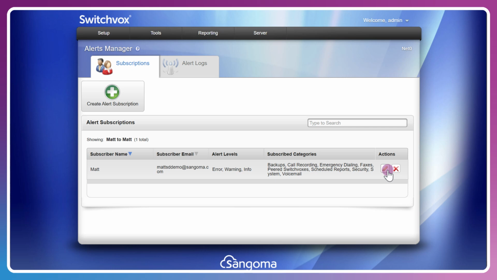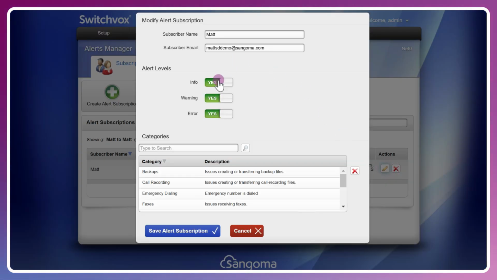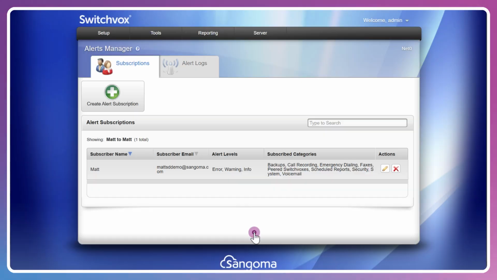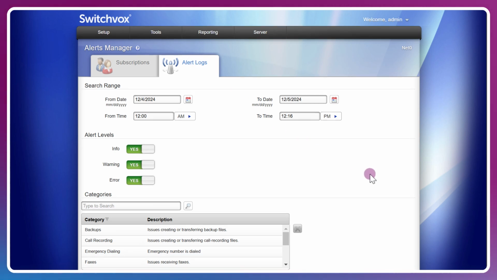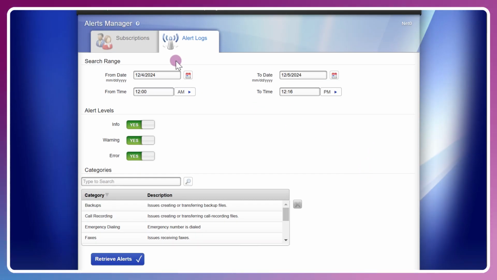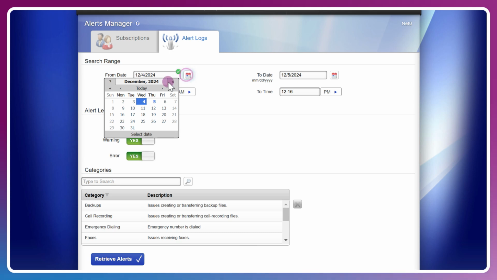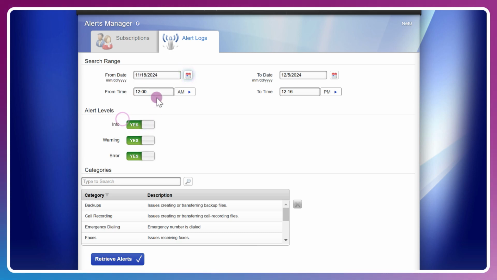So I've set up alert levels for error, warning, and info. Of course, I can modify these if I just want to know about the errors themselves and not get more frequent notifications for things that aren't crucial, critical, etc. Alert logs would be housed here so that at any time I can come back into the system and get a handle on what exactly the troubles were within this time period.